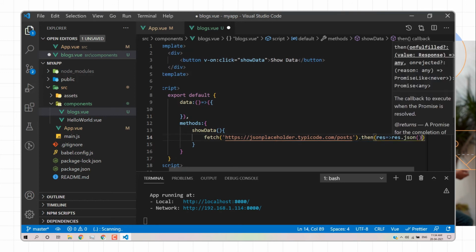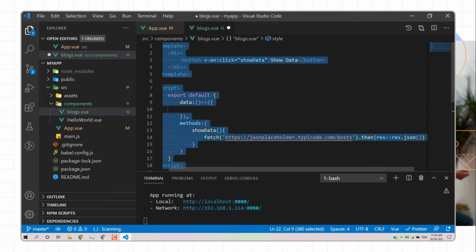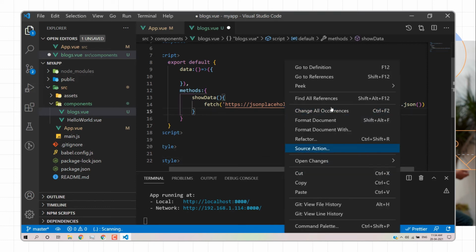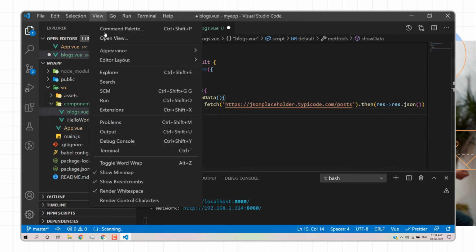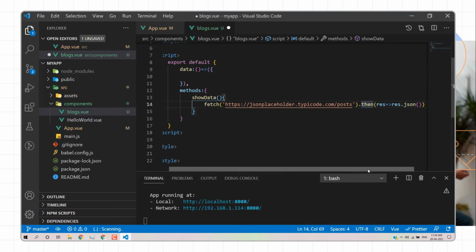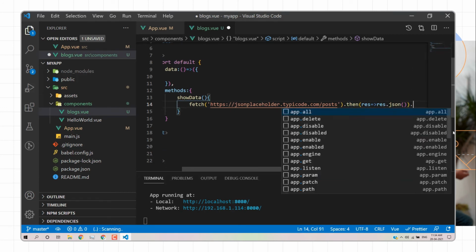Now we have the data, so we'll use a then block, and with the final data we can print it here. How can we do that?